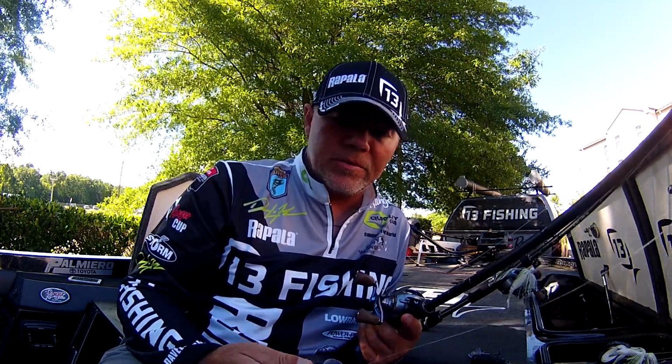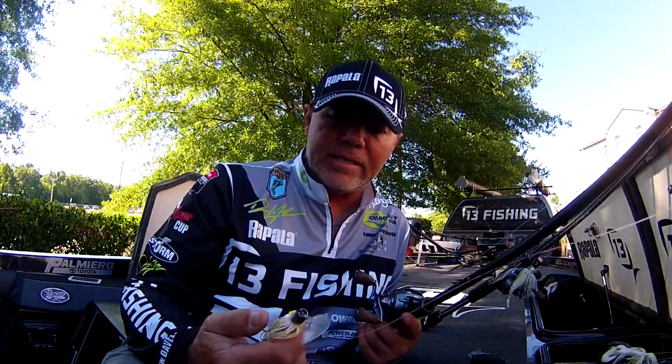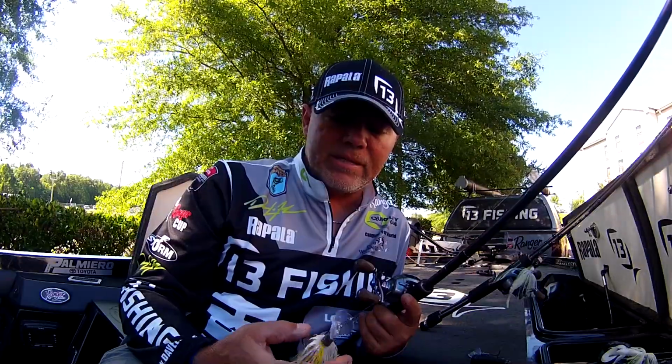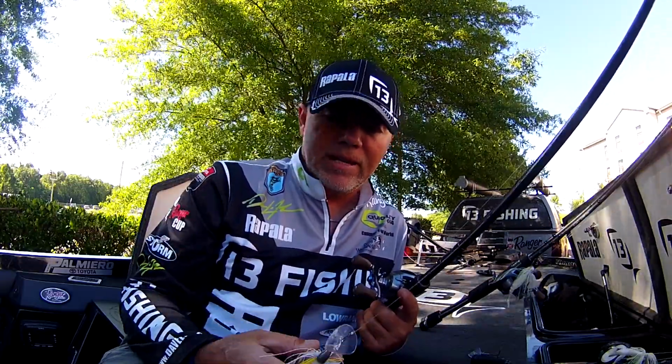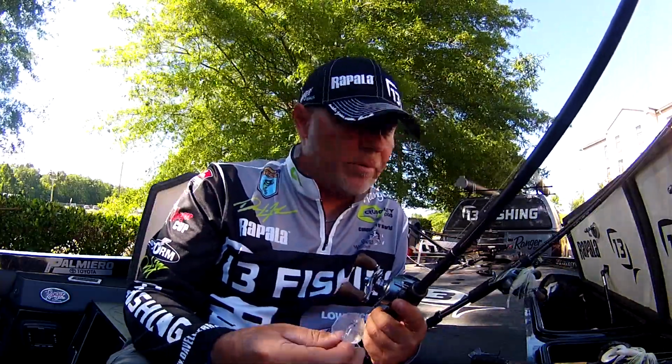That's typical, especially with a chatter type bait like this. Scatter jig's no different. I probably missed 6 or 7 today, I think, but one of them was a giant, over 5 pounds. And you're just going to have that. That's part of the game. I can't get them to bite anything else. They'll bite the swim jig